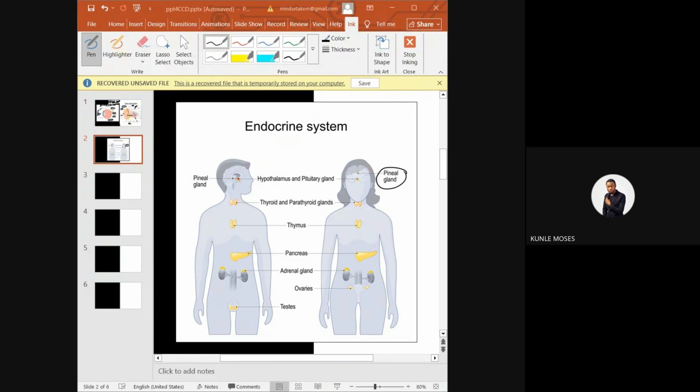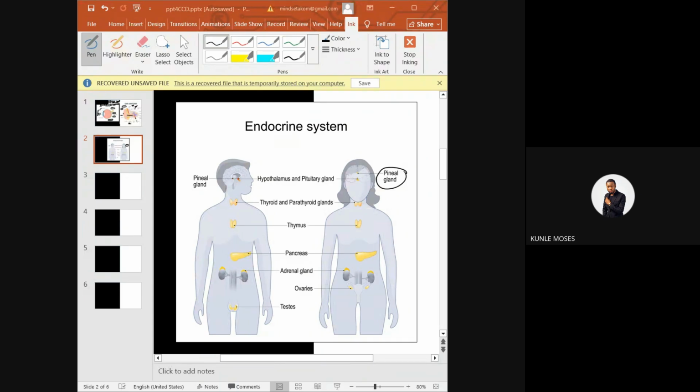So all these glands work together. What the hypothalamus does is that it helps to detect what the body needs. After detecting what the body needs, what will it do? Signal the pituitary gland. Exactly. After signaling the pituitary gland, the pituitary gland will now give a specific response to it. So if your hypothalamus cannot detect what you need, your pituitary gland cannot inform the specific gland to do what is essential.